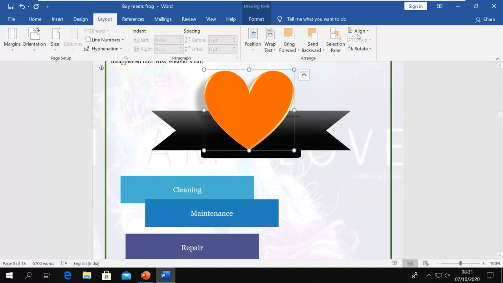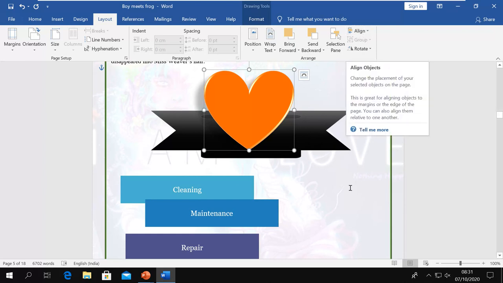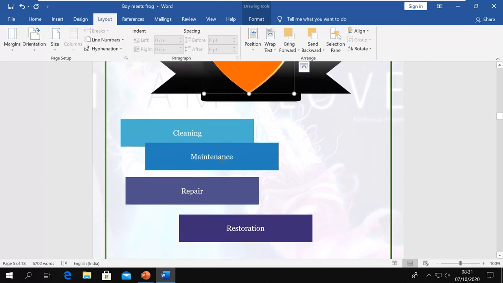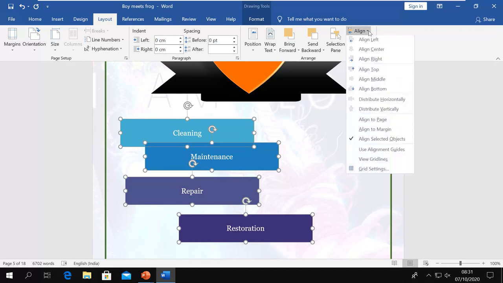Then the next command here is to align your objects. Now I have multiple objects here, and these are not aligned properly. So first I will select one, then hold the shift key and click on the others to select them all. Now I can go here and align them.